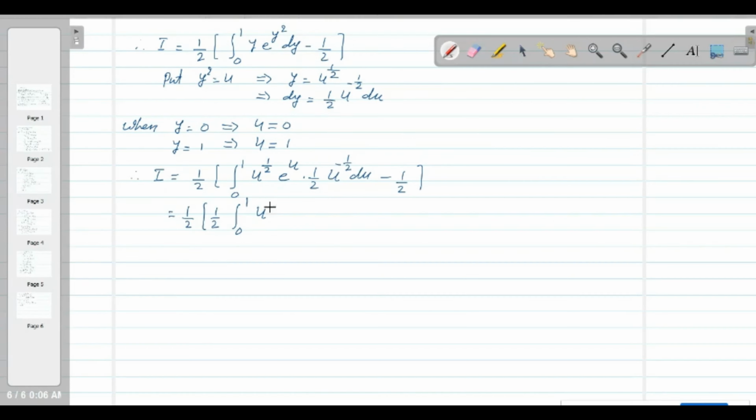इंटीग्रेशन ऑफ लिमिट 0 to 1 u raised to 0, then e raised to u du और -1। अरे देखो यहाँ पर भी 1/2 है और यहाँ पर भी 1/2 है, 1/2 आपने बाहर निकाला ना, तो यहाँ पे 1 लिख लेता हूँ मैं। तो इसके लिए आपको ब्रैकेट लगाना पड़ेगा, ब्रैकेट नहीं लगाओगे तो बहुत बड़ा प्रॉब्लम हो जाएगा। सो दिस इक्वल टू 1/2, 1/2 को मैं और बाहर ले लिया तो 1/4 हो गया। सो दिस बिकम 1/4